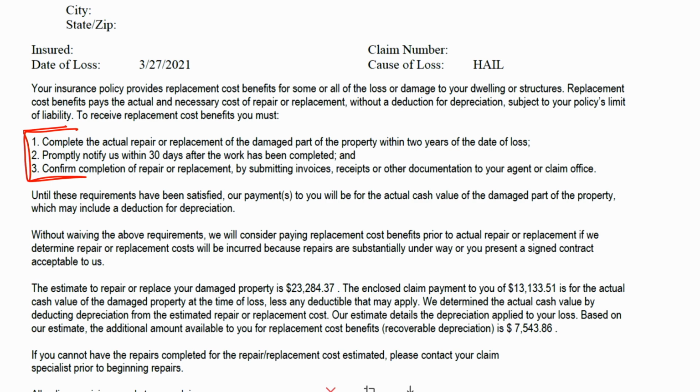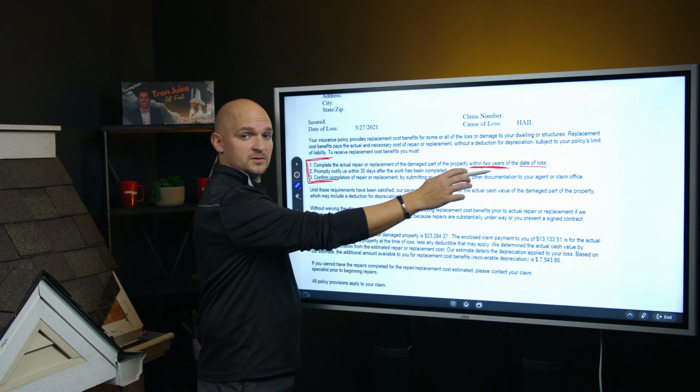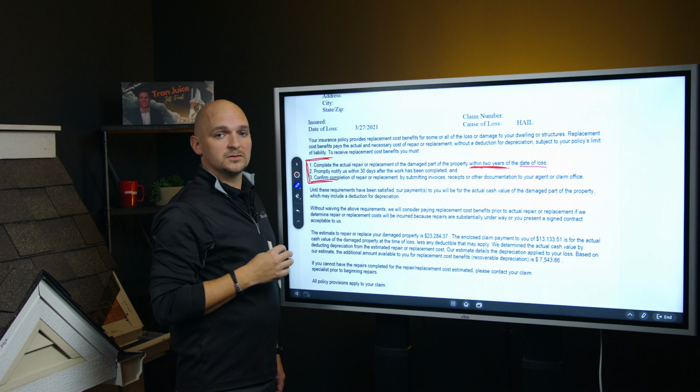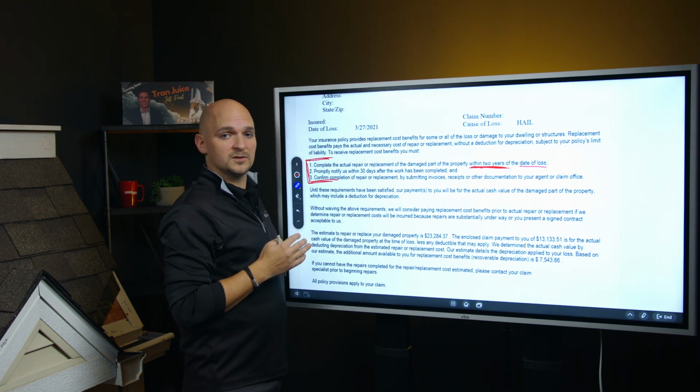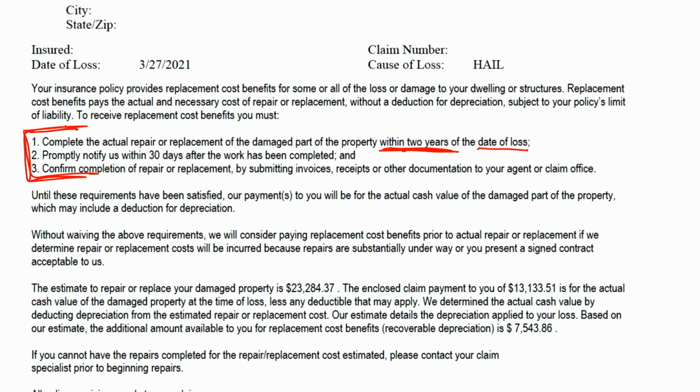I was talking about paying attention to the date of loss and what some of the fine print is that will help determine whether that policy is ACV or RCV. This section specifically right here tells you the amount of time that you have to get the repairs done from the date of loss. That is something else that you need to pay attention to, whether that's from the date of the loss or the date of the inspection. There are some times where the loss is filed and the inspection doesn't occur for 6 months. That has already taken 6 months off that time frame. So definitely pay attention to how long you have and what that date is from as you're going through signing